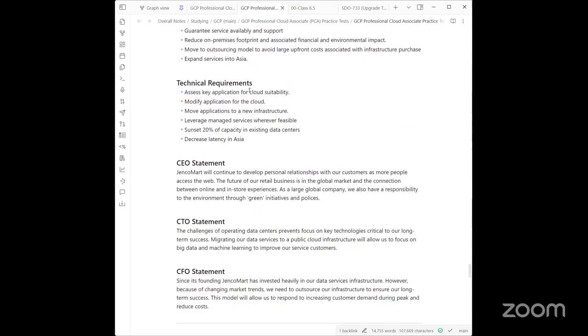Technical requirements include assessing the key application for cloud stability and suitability, modifying the application for the cloud, moving applications to a new infrastructure, and leverage managed services where feasible, and sunset 20% of capacity in existing data centers, and decrease